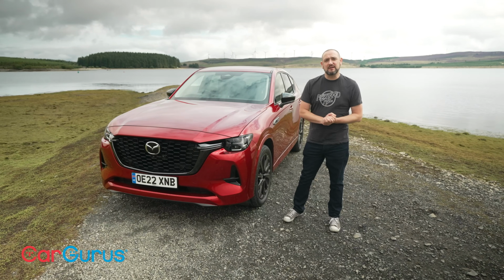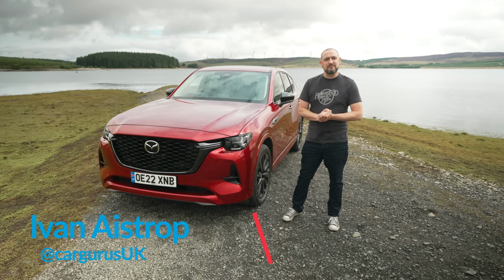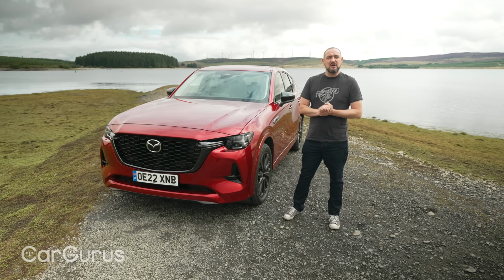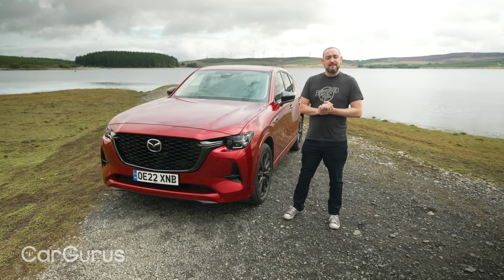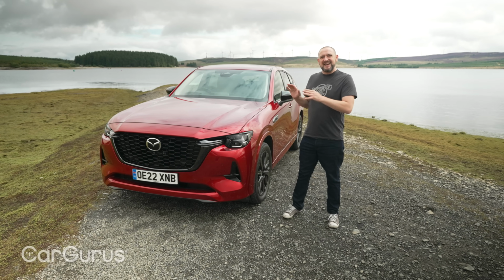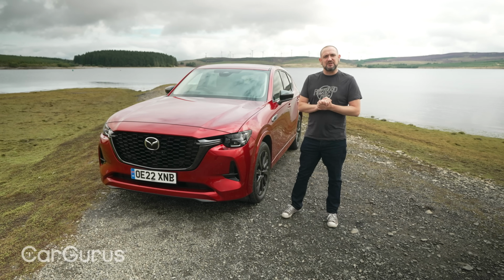Mazda has always been a car company that's done things its own way. While everybody else was downsizing and turbocharging their petrol engines, Mazda persisted with large capacity combustion engines. While everybody else was hybridizing and electrifying their model ranges, Mazda persisted with large capacity combustion engines. The new CX-60 then is a bit of a departure for Mazda in that it's not a departure from what